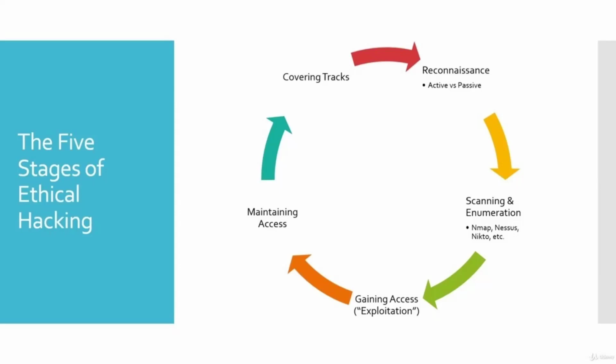So in the maintaining access phase, what we do is to really try to keep the access we have. There are different ways we can ensure persistence, different ways we can maintain access, which we are going to discuss when we get to the phase. But the main objective of the maintaining access phase is just to make sure that, after I've hacked the system, if I want to come back tomorrow, a week later, or 3 months later, I'm still going to have access to this system.